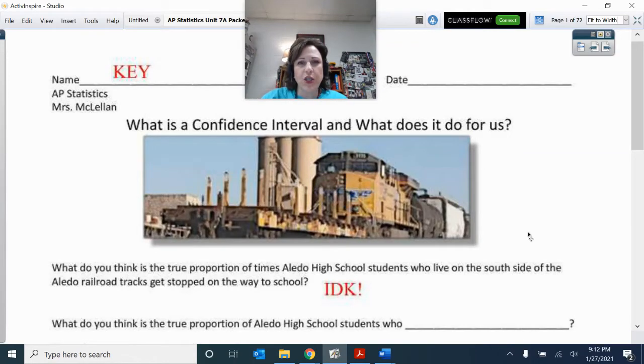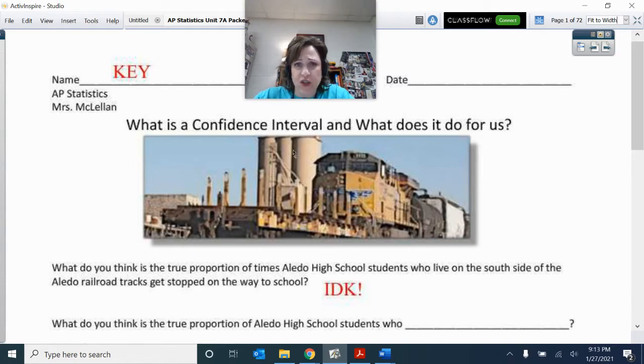All right, let's start this new unit on inference, where we want to take one sample and then see what kinds of things we can infer about the whole population. We've already kind of been talking about that as we've done sampling distributions, but we're going to go quite a bit more in depth, and this is the crux of all of statistics. So here we go.